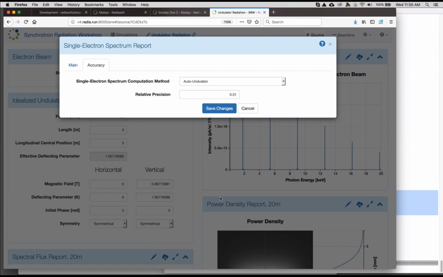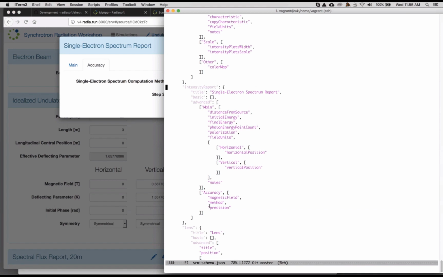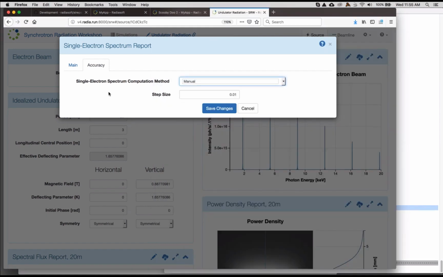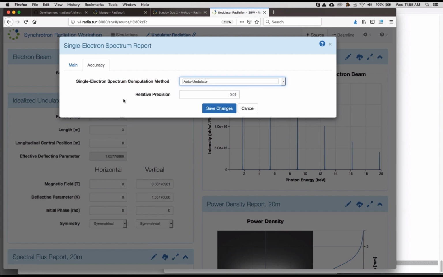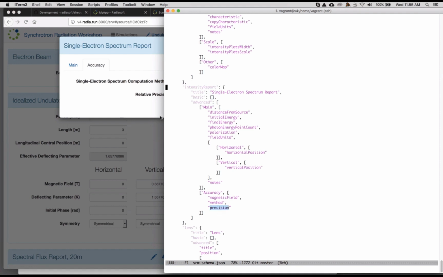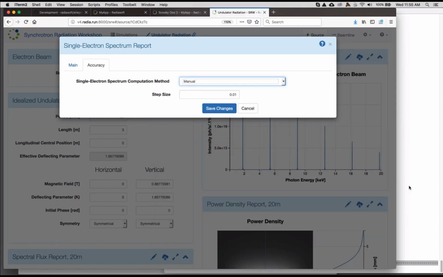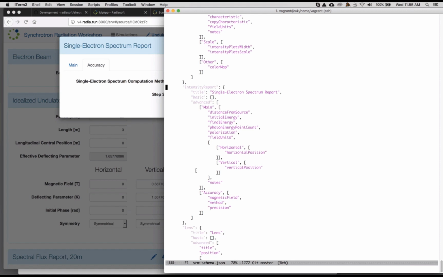2 of them are being shown, most likely because there's some JavaScript business logic which is hiding it. So if we set it to manual or auto wiggler, the fields are displayed differently. So if I'm on manual, I see probably precision. Actually, I'm not sure what I see. Magnetic field, precision, method. I see. So there's precision. So if I've selected undulator, I see the precision field. If I've selected manual, I see the method field, which must be named